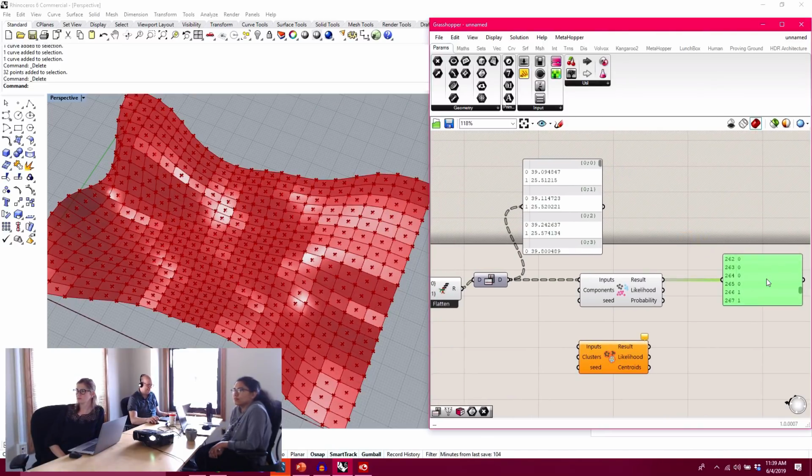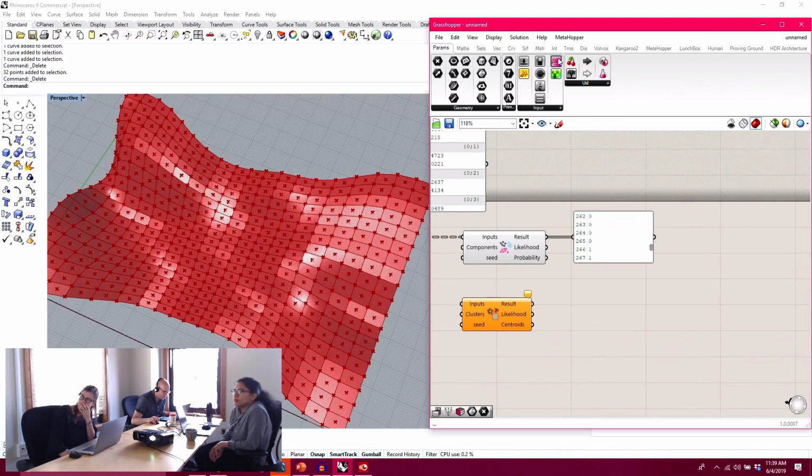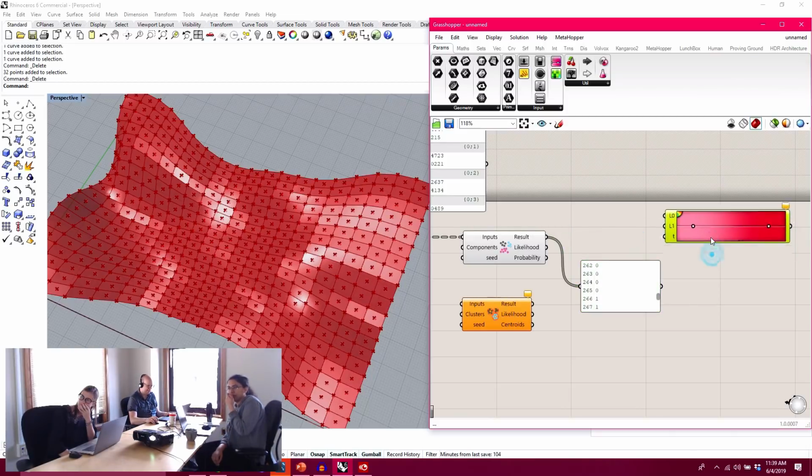So what we can do then is start to use these results to color code the panels, or do some sort of sorting of the panels themselves. I'm going to use this as a way to start to drive color coding. So what I'm going to do here is pull out a gradient tool,